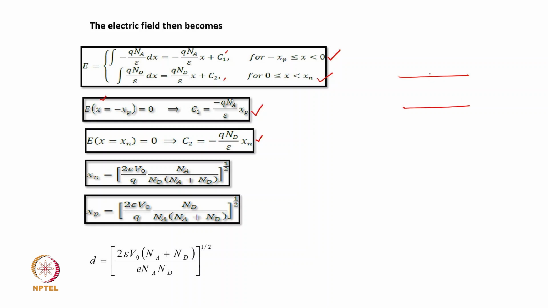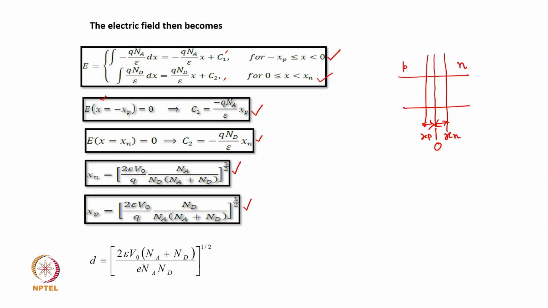Let me again give you this. So, that means this is the p side, this is the n side, and that is how much, if this is 0, it is extended to the n side and the p side. This is xp and xn. Okay. So, we get the value of xn and we get the value of xp.